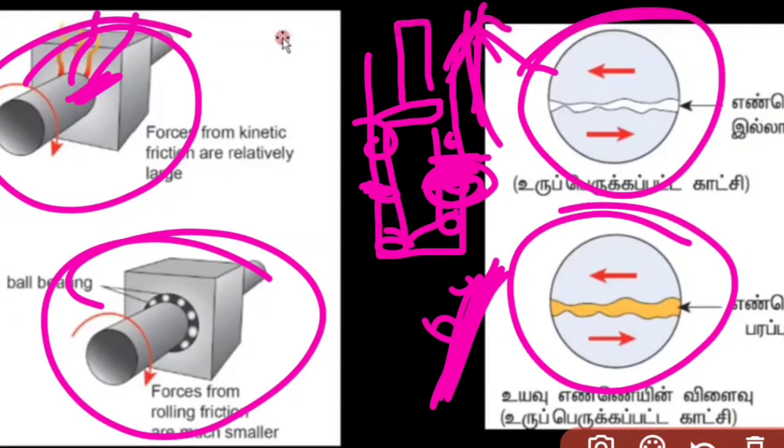At that time we will try to reduce the friction by applying lubricants, oils or grease. Based on the surfaces, we apply grease or whatever is needed, checking what will reduce the friction for that surface. So friction has advantages and disadvantages. For purposes like these, friction is a disadvantage for us, so we have to reduce it. Hope you could understand it, and thank you.